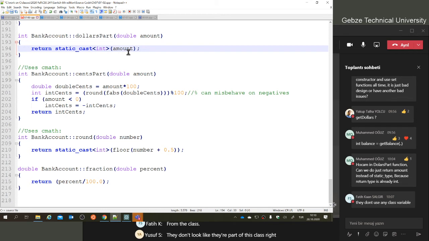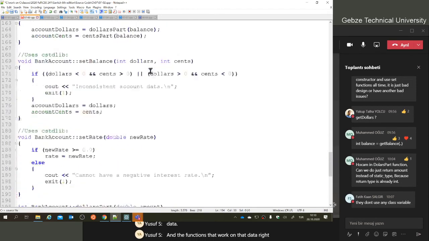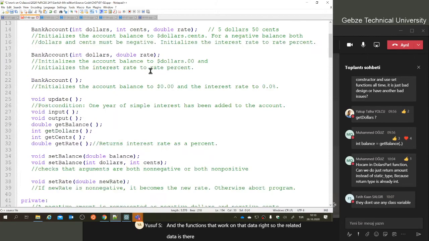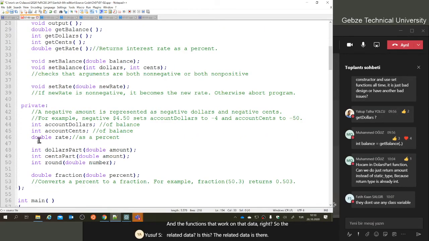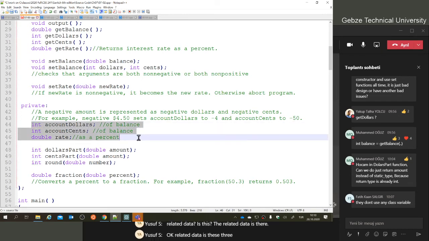What was the meaning of encapsulation? The encapsulation means that put together all the related data and the functions that work on that data, right? So the related data is these three: the dollars part of the account, cents part of the account, and the rate. And the functions that work on the